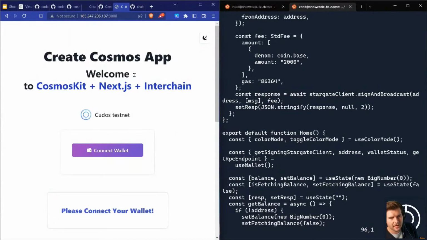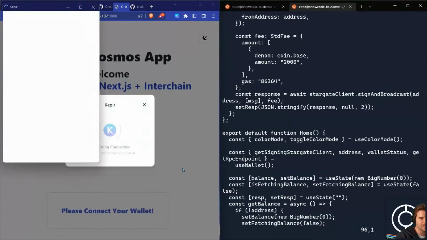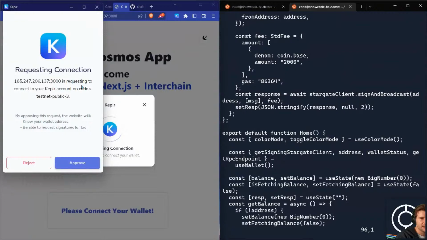Because you can already see, and if you head to the link yourself, you can see that this now says Kudos testnet instead of the Cosmos hub. So yes, I have confused myself, and I didn't need to go hunting for index.tsx because the only config that needed to change was in that defaults folder there, the defaults.ts. And so what that's given us is now the same front end, but it connects to the Kudos testnet. And so if I click Connect Wallet, it connects to the Keplr wallet,